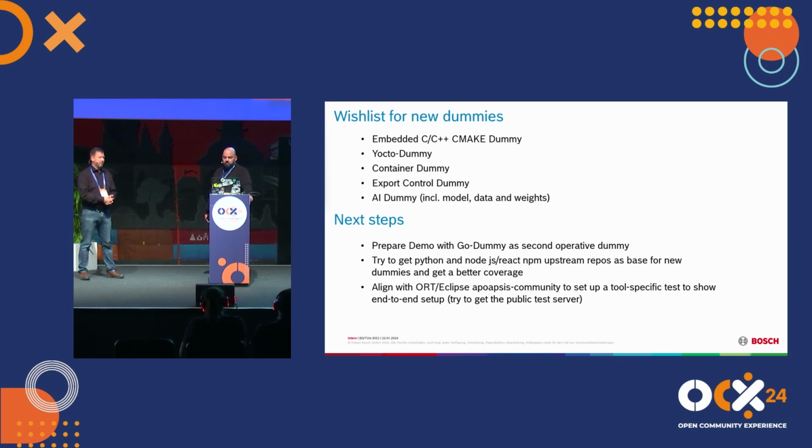it's still a new field. The very concrete next steps are: kudos to the Jenkins Docker team, who already provided the Java Maven dummy. Here we have the other dummies, also the Go dummy, which I think we will update so that we can really have the first showcases ready to use. And